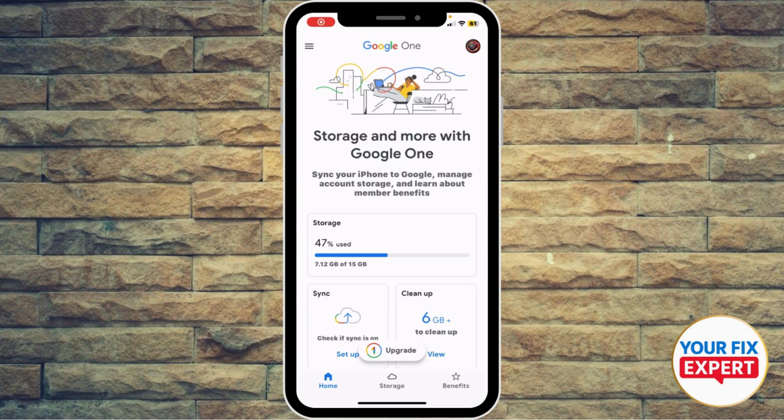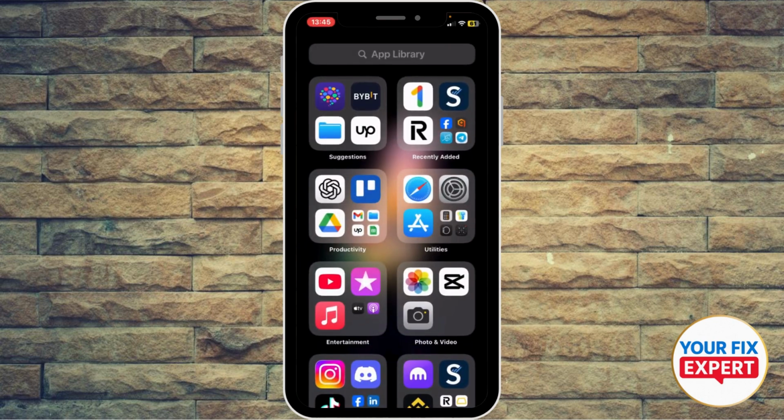Hey guys, what's happening? How to fix "Google One is not available for your Google account yet." To fix the Google One is not available error, check your account type and region, right? It must match the Google Play. So if you're living in a different region but you set your settings to a different region, just go ahead